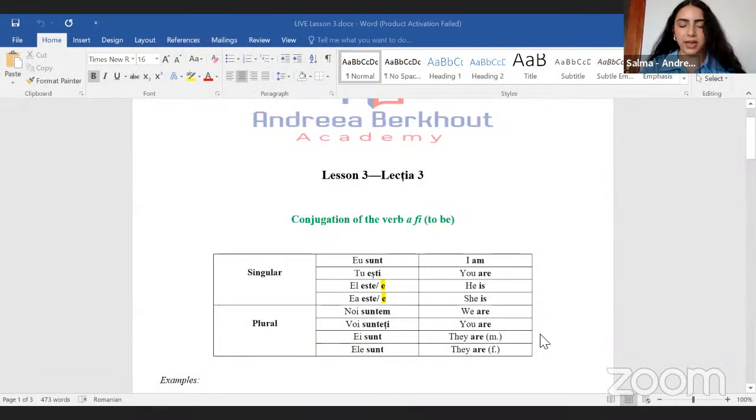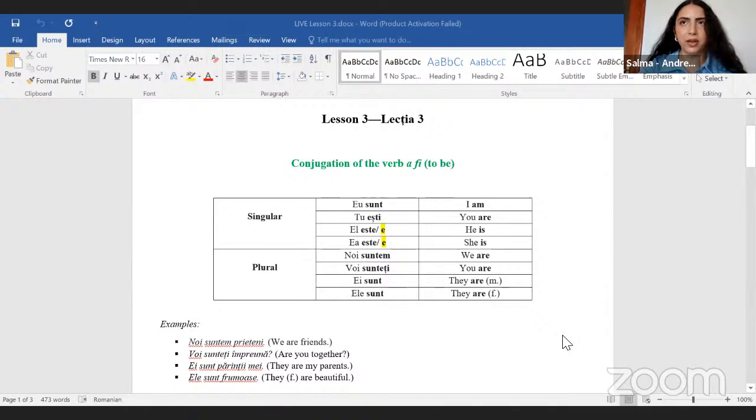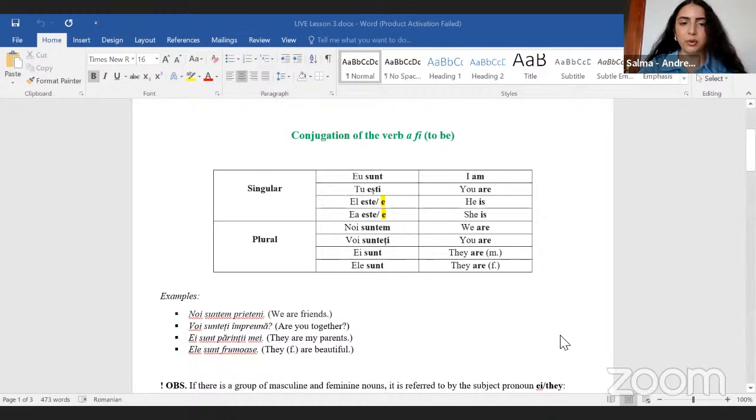Today we are going to continue with some grammatical aspects. Last time we went over some phonetical aspects of the language and we've covered pretty much everything. Now we are going to move on and acquire some basic knowledge in order to be able to build on top of it, to have a solid foundation, so we can start to communicate slowly but surely in Romanian.